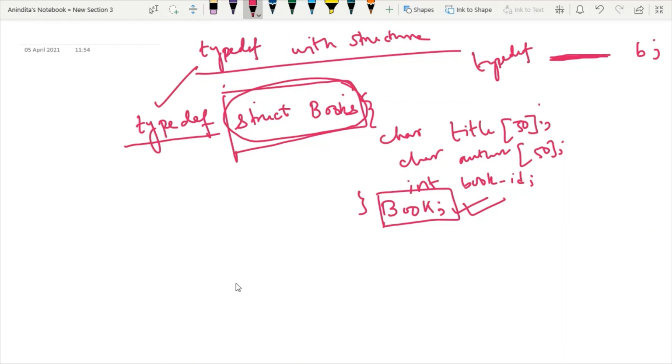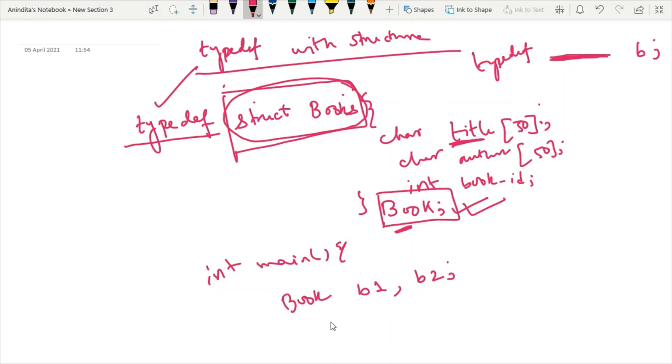So within main, you can do one thing. You can write book, straight away the abbreviated name, and then you can use the variable. Any number of variables you can write. And similarly, you can take input. How to take input? Say I want to take input within this member title. How can I take?